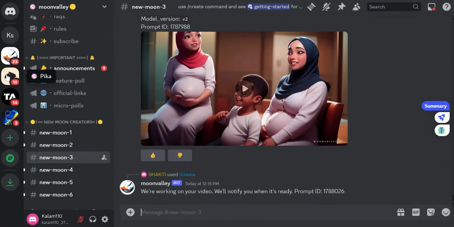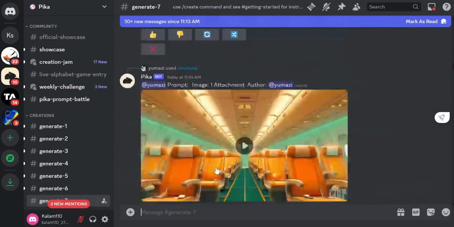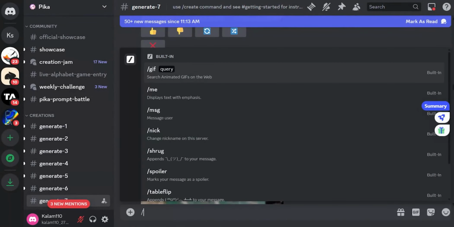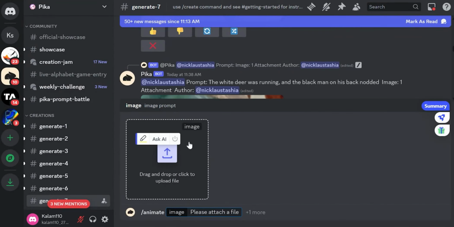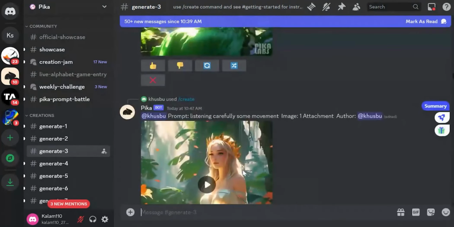So meanwhile, तब तक let's explore this Pika also. So meanwhile, let us give one more command in Pika also. I'll be asking Pika to animate. Okay, it is asking again for a reference image. We don't want to give it. एक बार देखते हैं हमारा इमेज आया.